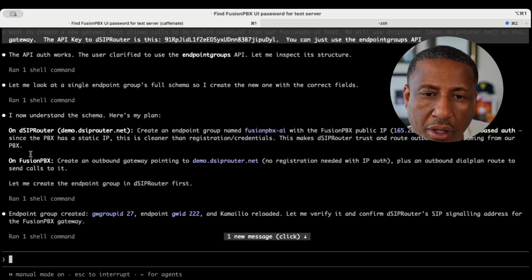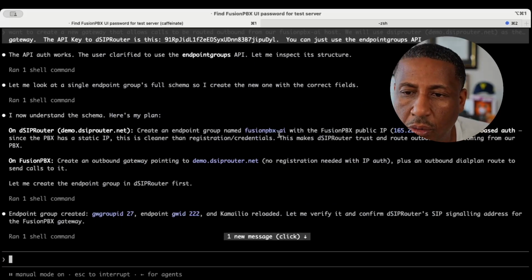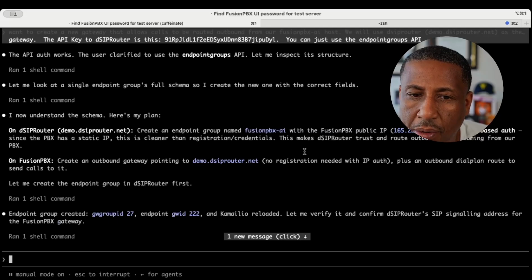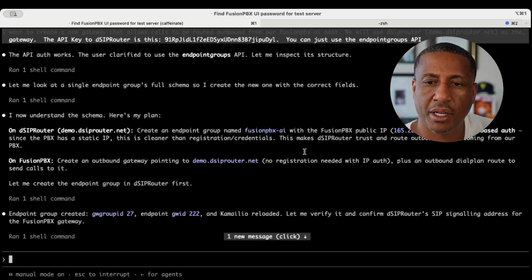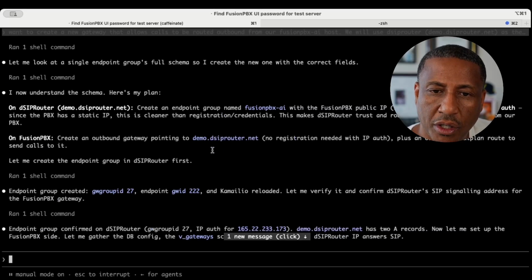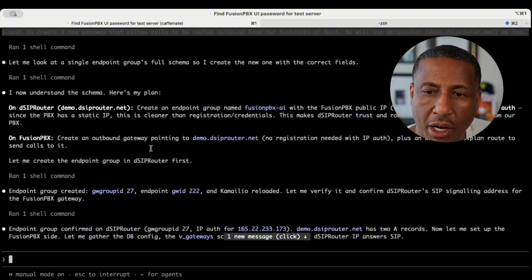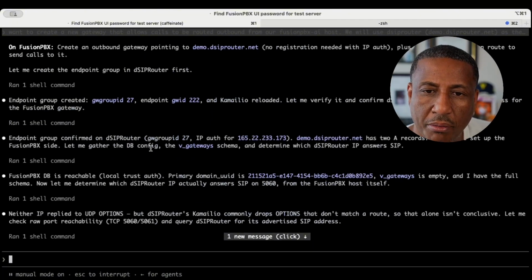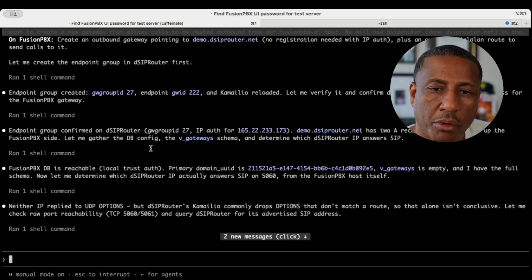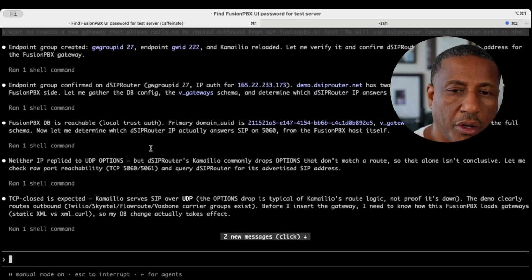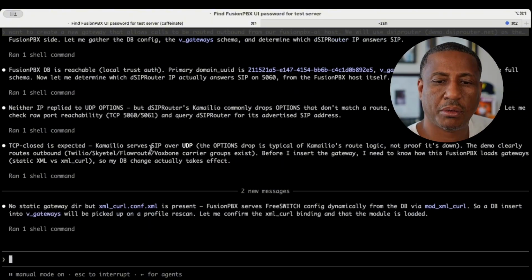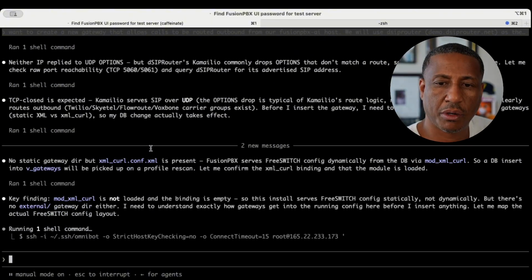So what is it trying to do here? I don't understand the schema. Here's my plan. On dSIPRouter, create an endpoint group named Fusion AI, with the Fusion PBX public IP address, using an IP-based auth of the PBX as a static IP. This is a clean registration on Fusion. Create an outbound gateway pointing to demo.dsiprouter. Let me create the endpoint group in dSIPRouter first. Endpoint group created. Endpoint group confirmed. Fusion neither IP replies at all. No gateway, no static gateway directory, but